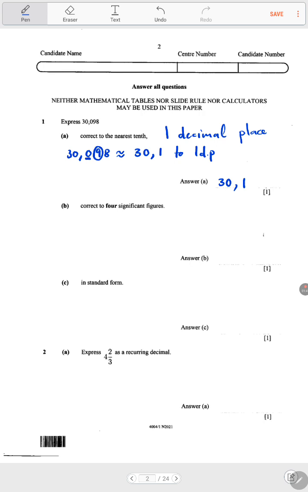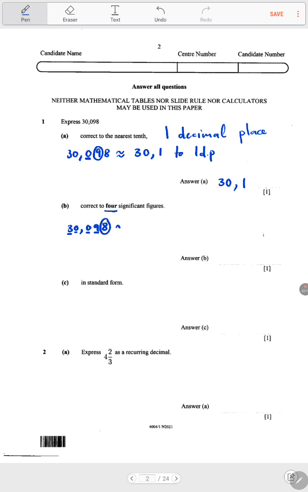That's 30,1. And part B says express 30,098 correct to 4 significant figures. So if you take the number 30,098 and you count 4 digits starting on your left, that's 1, 2, 3, 4, and then you look at